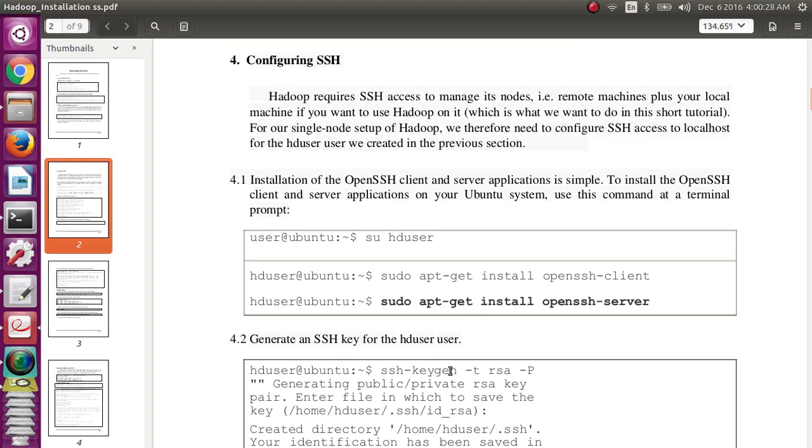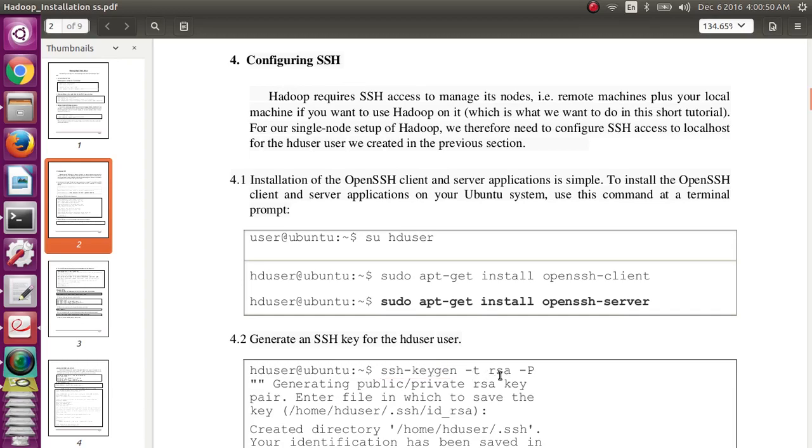For the client and server SSH key we use the command ssh-keygen. The -t option specifies what type of algorithm you are using.